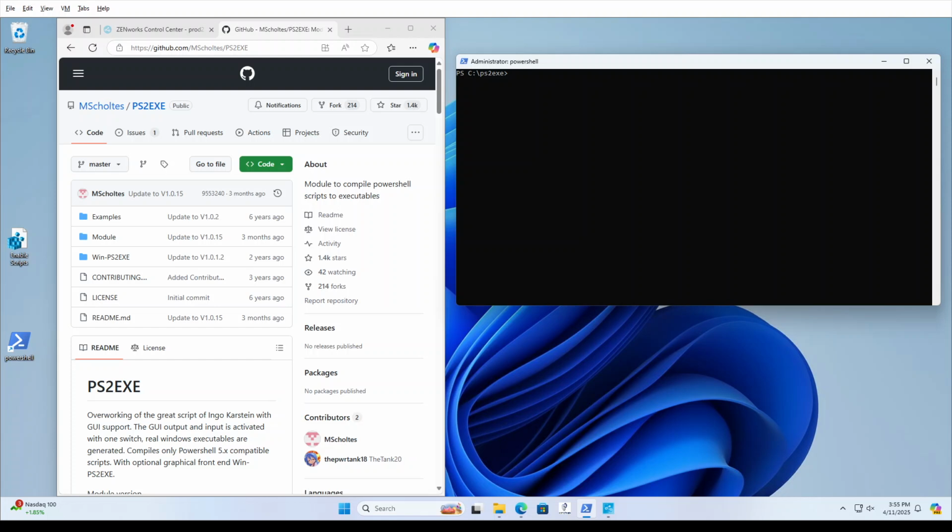Today I'm going to demonstrate a utility called PS2EXE that can compile PowerShell scripts into executables. This will assist the administrator in deploying PowerShell scripts in environments that traditionally do not permit the execution of PowerShell scripts. So the first thing we're going to do